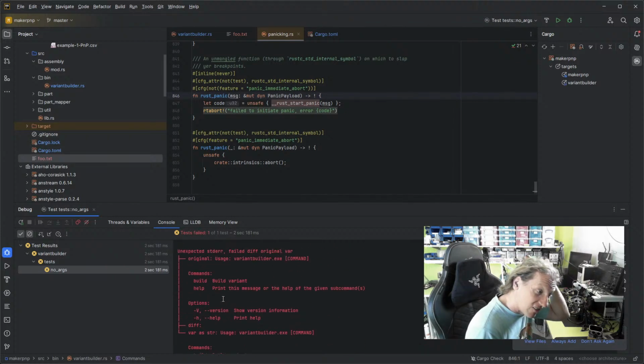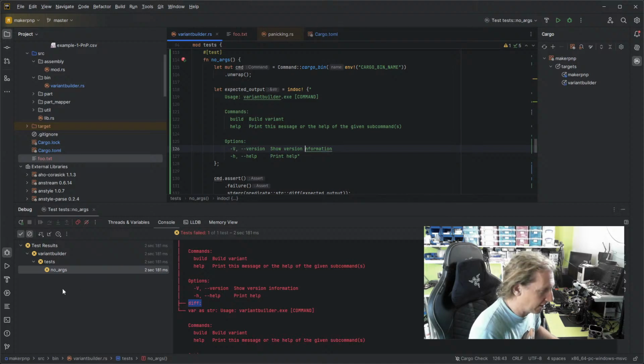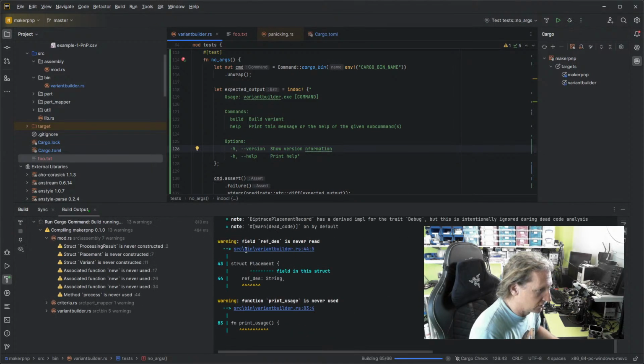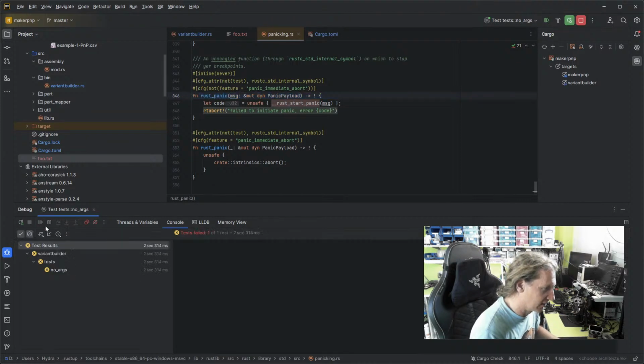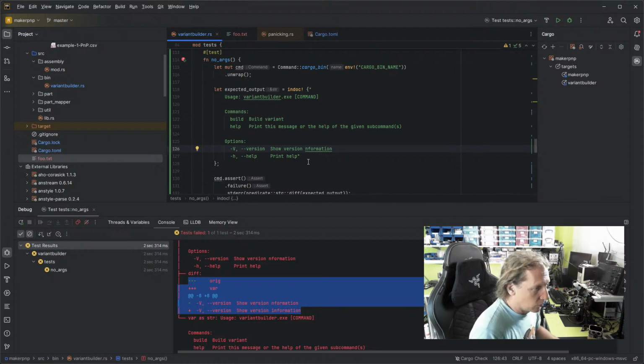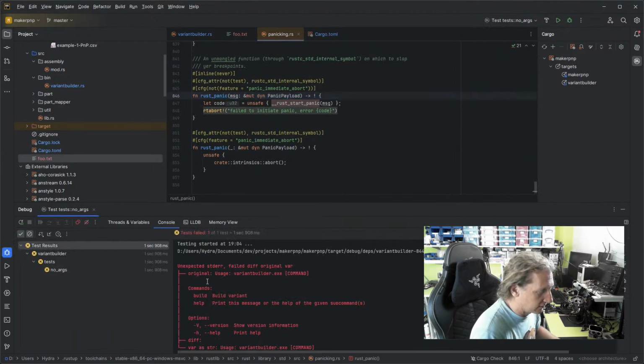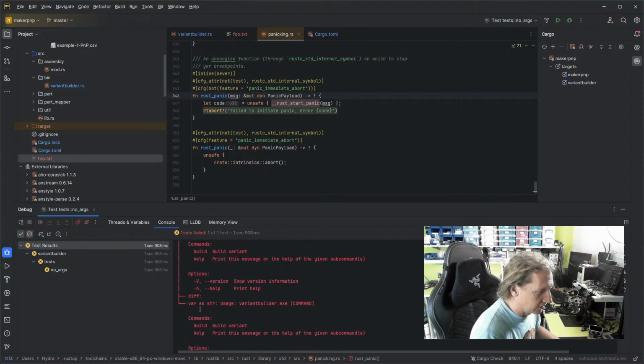Where's the diff? Failed diff original var. Original is this, and the var is this, but the diff output is empty. Let's just take a random character out here and run it again, just so that we can see what it looks like when there is actually a diff. Right, so when there's actually some difference, it shows you a diff, which is what I want. But if I put this back and run it again,